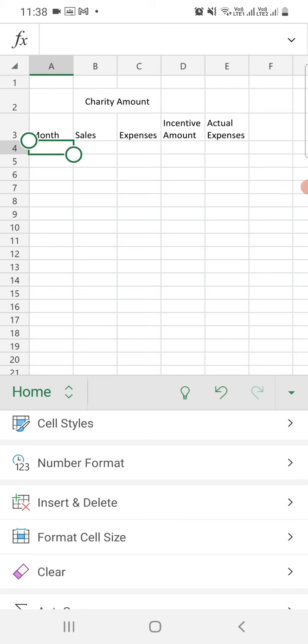So the cell address in the formula is known as the cell reference. With references, you can use the data in different parts of the worksheet. There are 3 types of cell references. As we know, first one is relative reference, second one is absolute reference, third one is mixed reference. So what is relative reference?